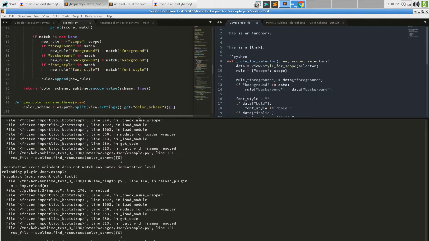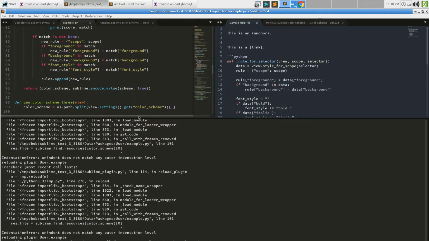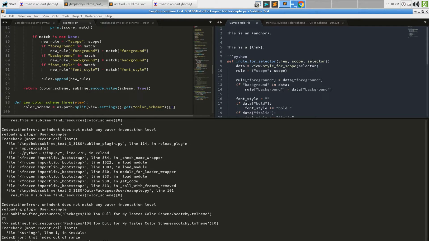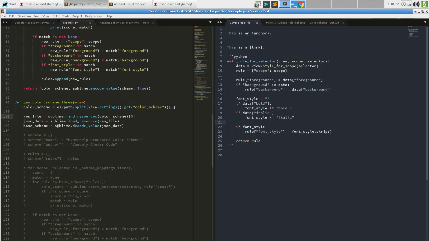Because if I did sublime.find resources, I probably should have explained that better before. If I do that, the answer is an empty thing because you're not allowed to provide anything but the name of the file. So if you do that and then say I want the first one, you get kicked in the butt because there isn't one. You get that list index out of range. On the other hand, if this part was trimmed down to that, now it gives us what we expect.